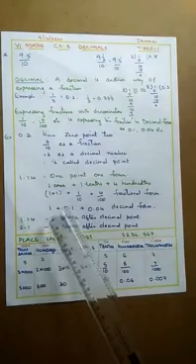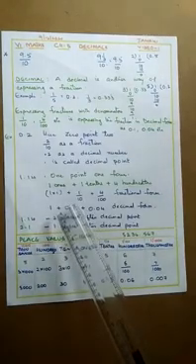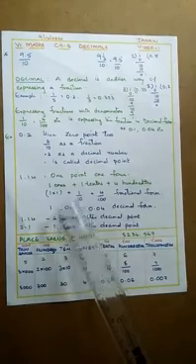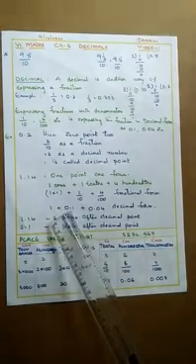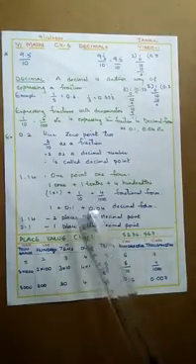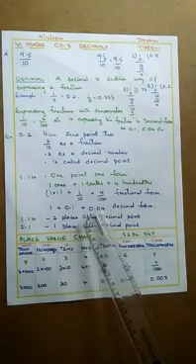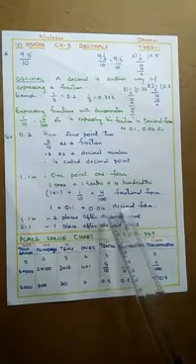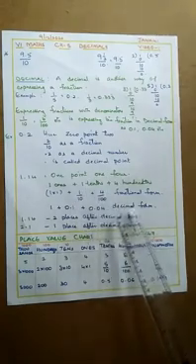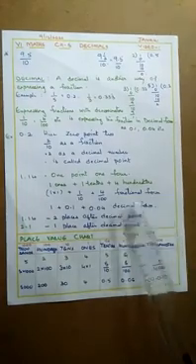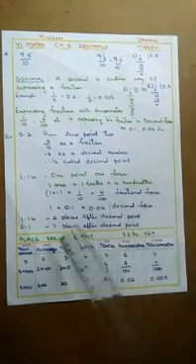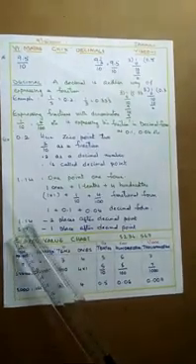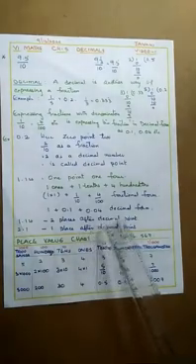Now, can we express 1 by 10 in the form of a decimal? Yes. 1 by 10 is equal to 0.1, and 4 by 100 can be written as 0.04. So here we have represented the same number, 1.14, in decimal form. Here you have two places after the decimal.